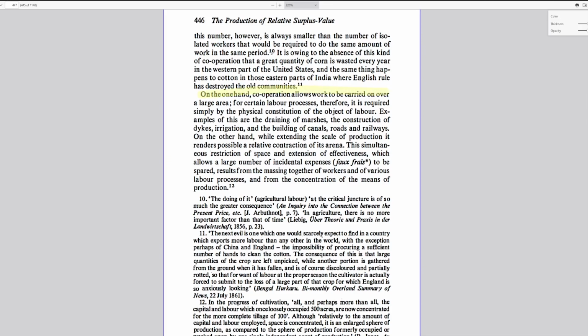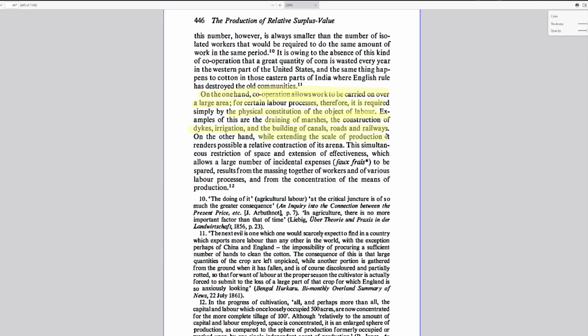But Marx also talks about how cooperation allows work to be carried on over a larger area. So for certain labor processes, the object of labor is just large areas of land. So you get draining of marshes, construction of dikes, irrigation, canals, roads, railways. Again, these are all large-scale projects that would take a single individual an unfathomable amount of time to complete on their own. So, get fucked, libertarian weirdos who want some freaky dystopia of everyone doing their own thing. That is silly. Anyways,